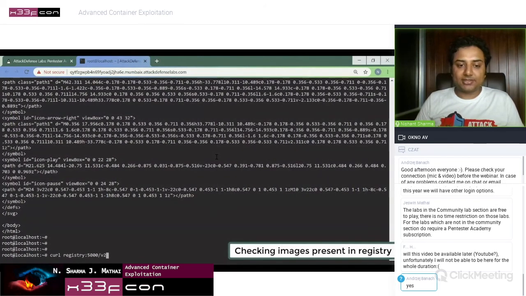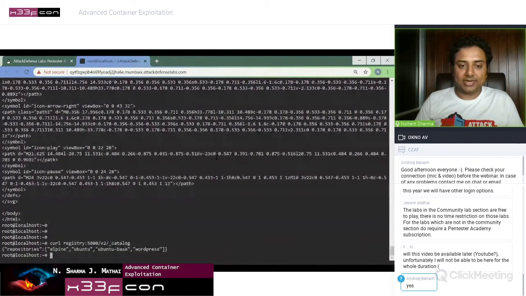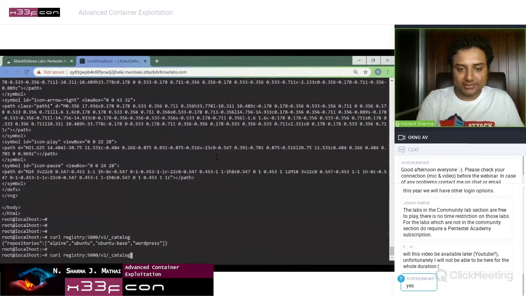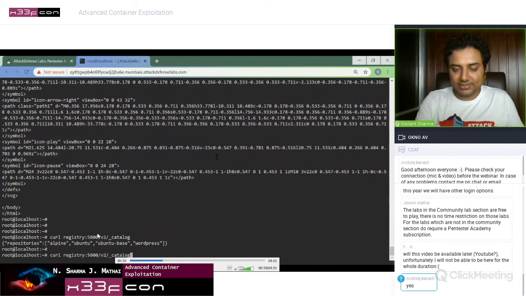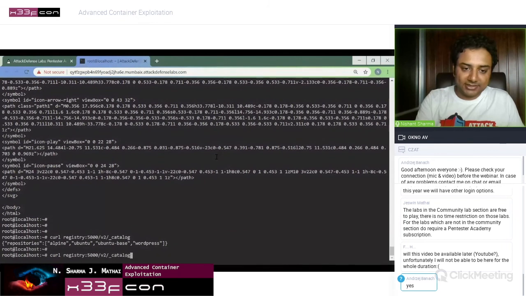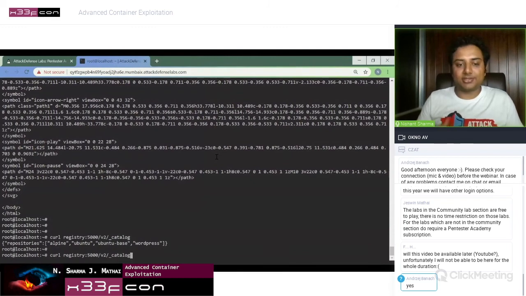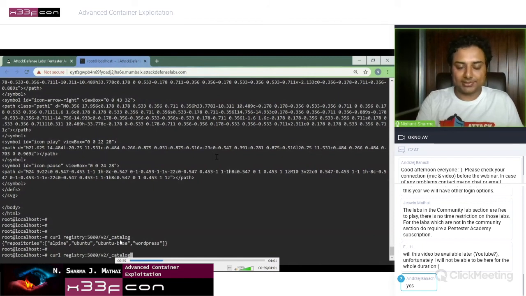And if we check the registry, and this mapping for the registry, it is running on host name registry, and it is running on port 5000, which is also given in the challenge, right? Otherwise, as I discussed earlier, 5000 is the standard port. And this part is the way you use the API for the Docker registry. So all of this information is public. You can search for the Docker registry REST API, and you will find all of these URLs or endpoints,